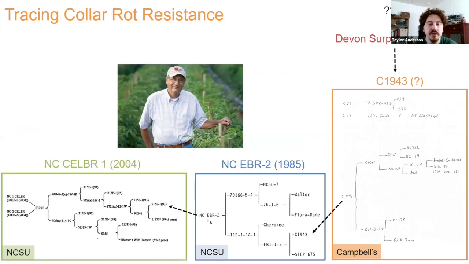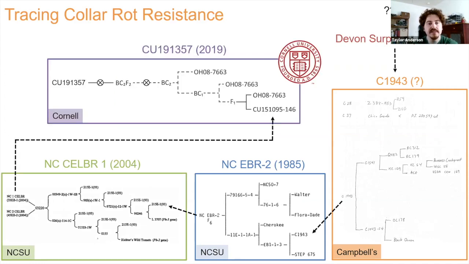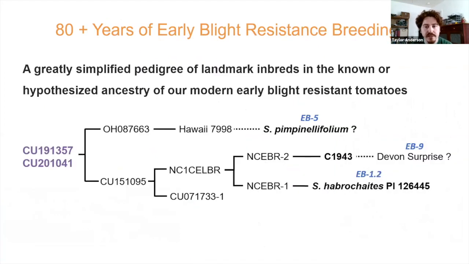And then NCEBR2 was used in a subsequent 2008 release of NCCELBR1. And then NCCELBR1 was used by the Cornell tomato breeding program as a source of resistance for CU151095, which is in turn in the pedigree of our two newest tomato releases. And if we repeat this process for other sources of early blight resistance in the pedigree, I was able to put together this greatly simplified hypothesized pedigree of early blight resistance in our tomatoes that spans some 80+ years of